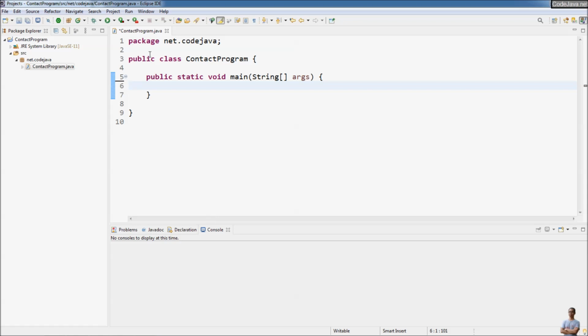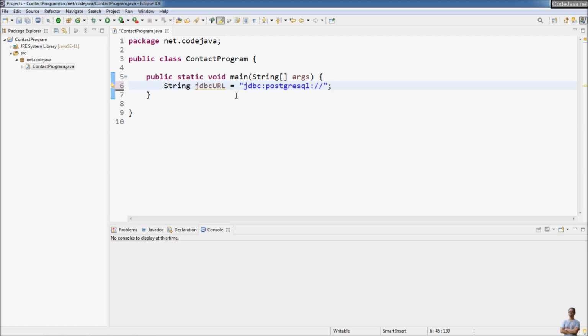Now let's write a simple Java code to connect to PostgreSQL server using the JDBC API. First, we need to declare the JDBC URL. The JDBC URL identifies the database server, database name, and the connection information to connect to PostgreSQL server. For PostgreSQL server, the JDBC URL is jdbc:postgresql: